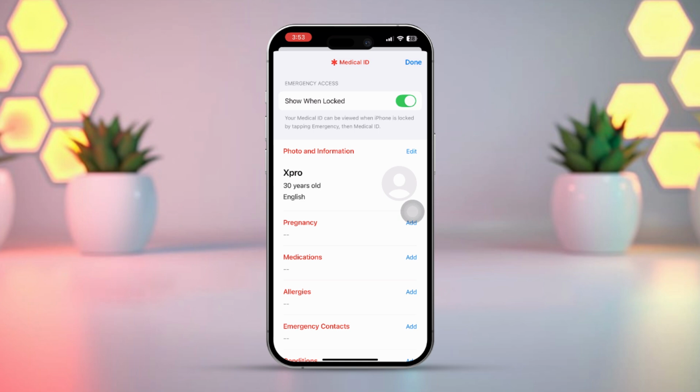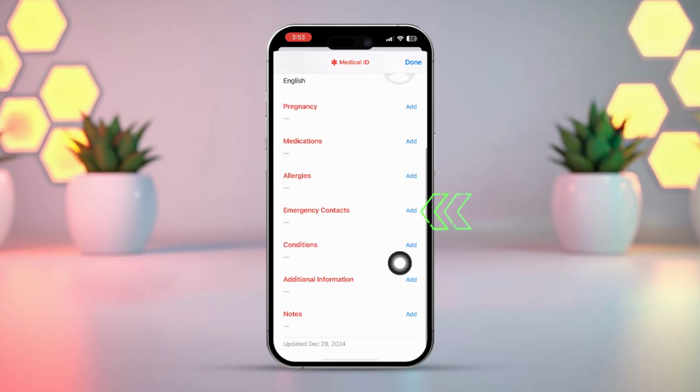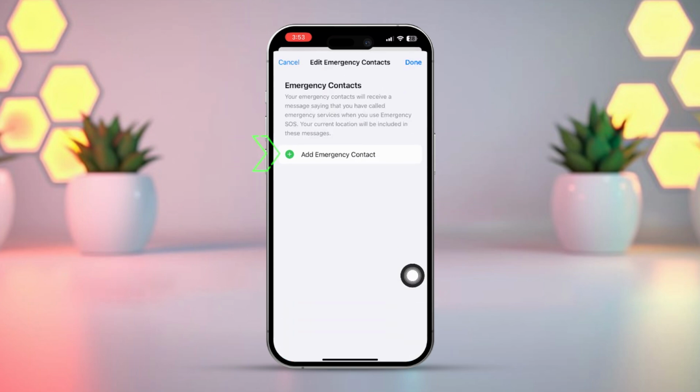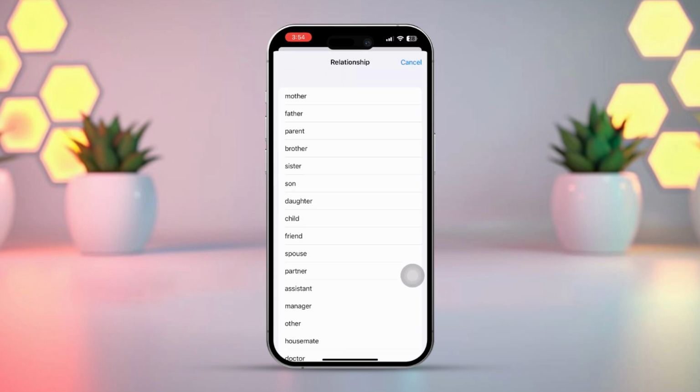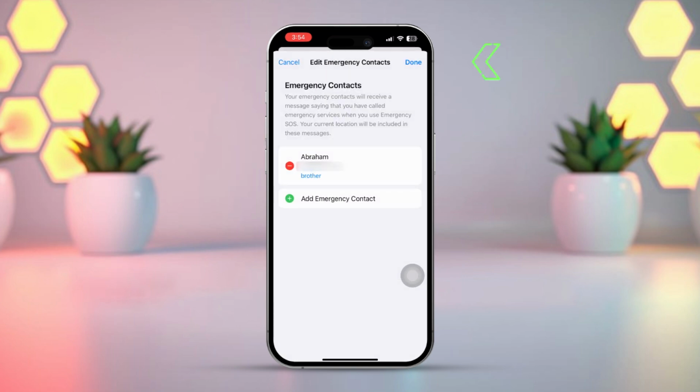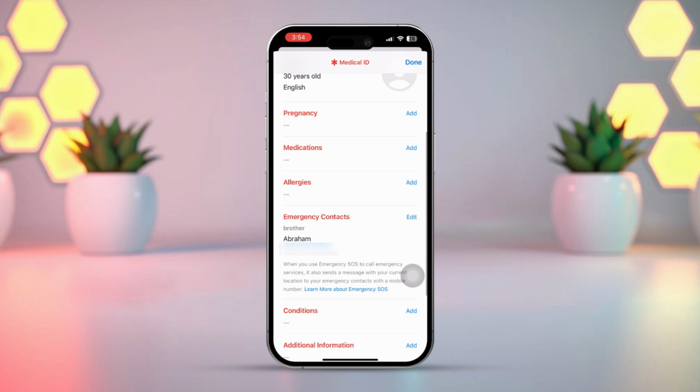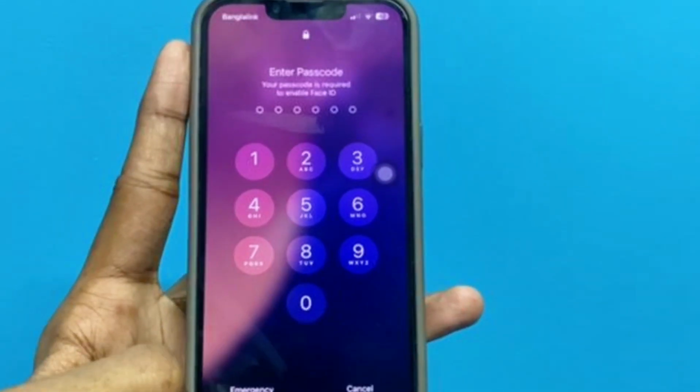Here you can see the emergency contacts. Tap Add. Tap Add Emergency Contact. Find the person you want to set as emergency contact for you. Select the contact. Select the relationship you have with the person. Tap Done. Now from the lock screen, when you fail to unlock the phone with Face ID, you can see